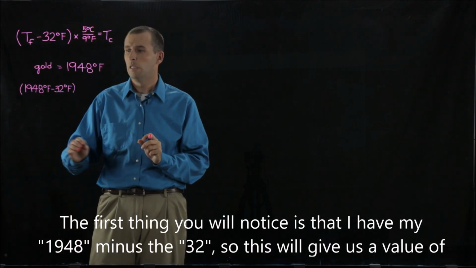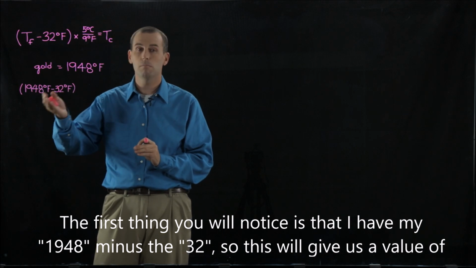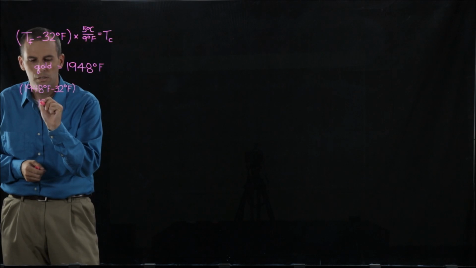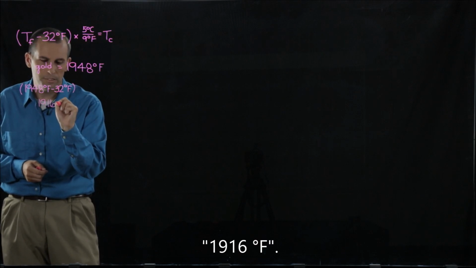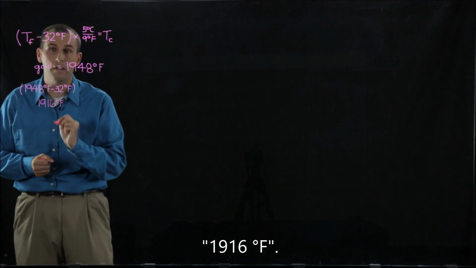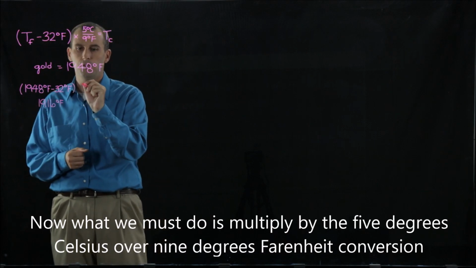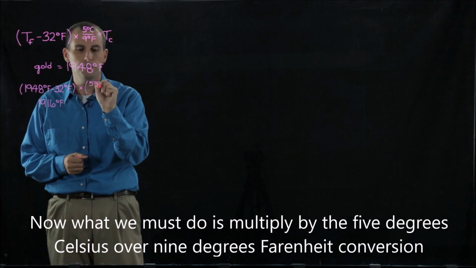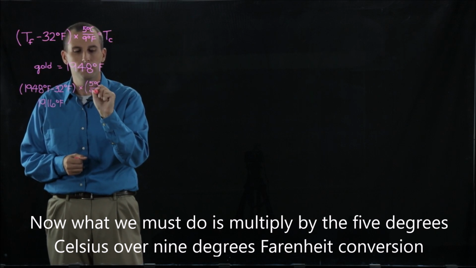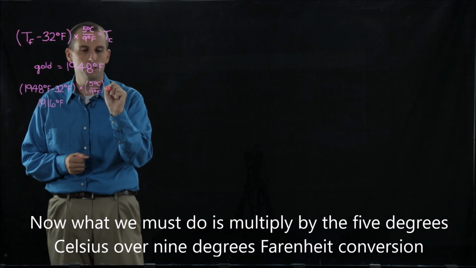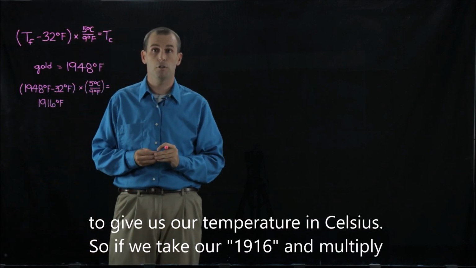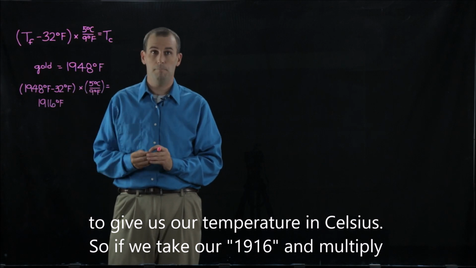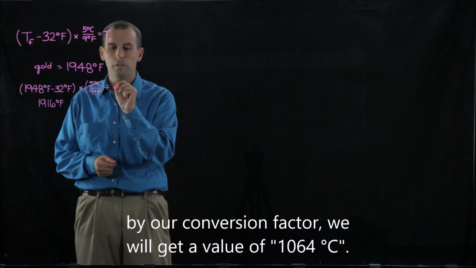First thing you will notice is that I have my 1948 minus the 32. So this will give us a value of 1916 degrees Fahrenheit. Now what we must do is multiply by that 5 degrees Celsius over 9 degrees Fahrenheit conversion to give us our temperature in Celsius. So if we take our 1916, multiply it by our conversion factor, we will get a value of